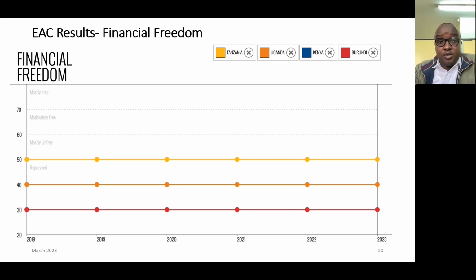And then obviously financial freedom. Most of the EAC is in the repressed region. Kenya's score is around 50, same as Tanzania. Burundi is lower at 30. And the major things that this financial freedom measures is the extent of regulation of financial services,